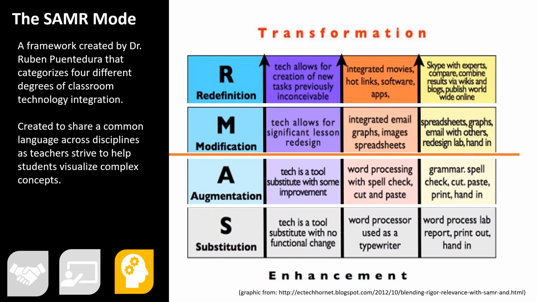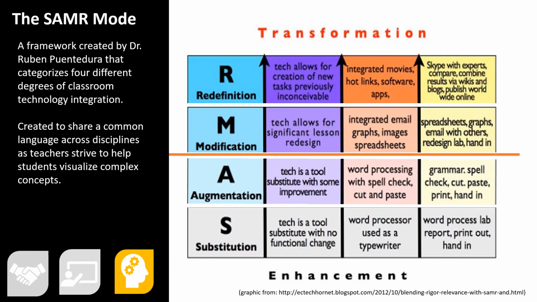The SAMR model has 4 steps: substitution, augmentation, modification, and redefinition. The lower levels, substitution and augmentation, are considered enhancement steps because they enhance student work, while modification and redefinition are termed transformation steps because they have the ability to significantly modify student work and provide previously inconceivable abilities. At the substitution level, technology is directly substituted for a more traditional one. It is a simple, bare-bones, direct replacement, such as a word processor being used instead of pen and paper or